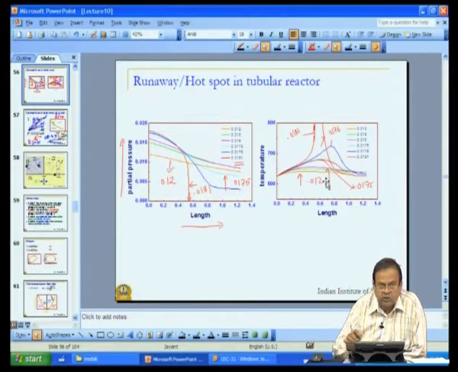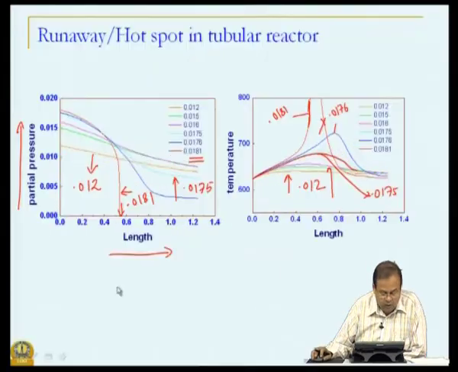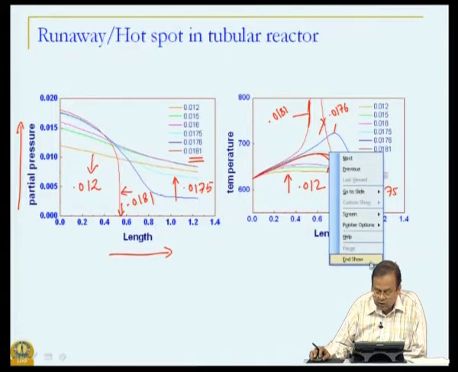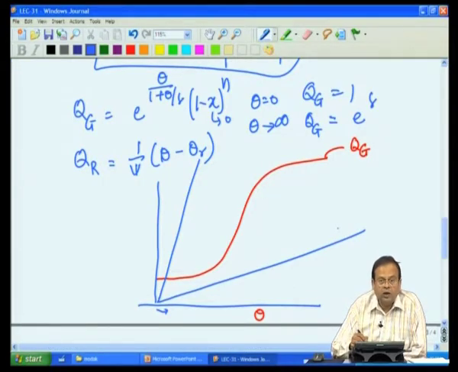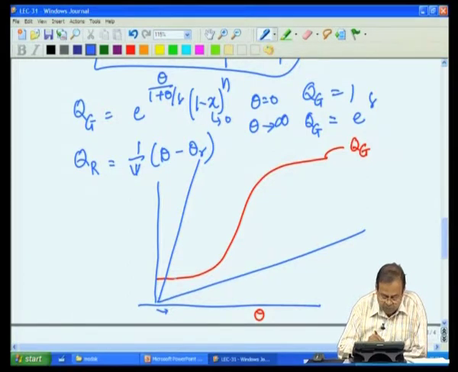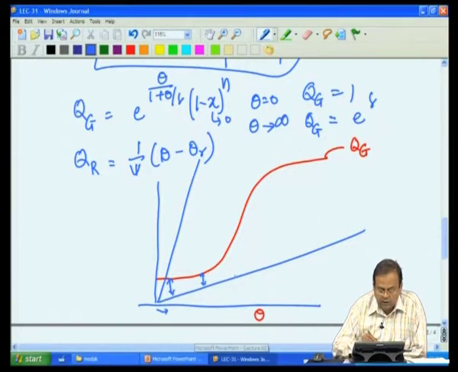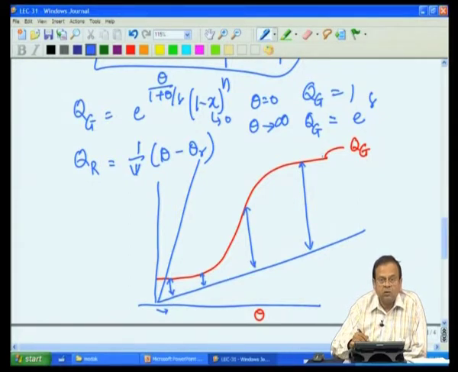This is what is seen in this particular behavior when partial pressures were low, that is, temperatures are fairly rapid. But let us consider another situation where the psi value is very high. So, this is the slope. Notice what is happening as temperature is increasing. The driving force appears that it will go down, but then it goes on increasing. In other words, the generation term is in far excess of the heat removal term, and that is where we will get our hot spot.